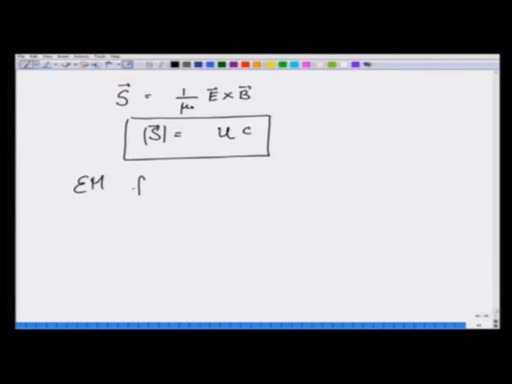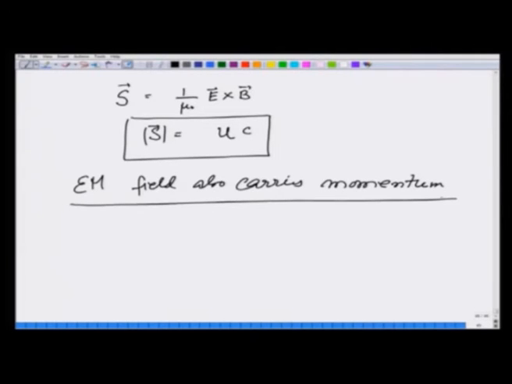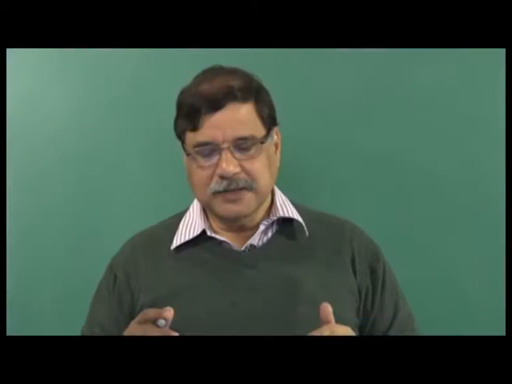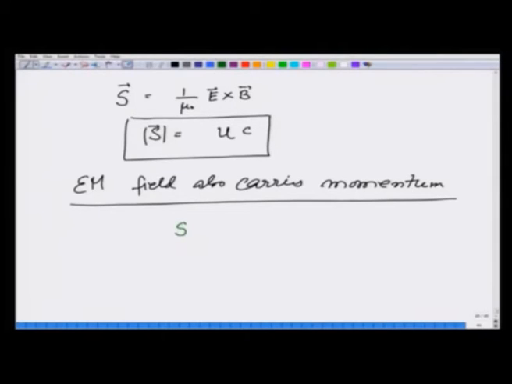EM field also carries momentum, and this can also be derived exactly in the same manner as we derived the Poynting vector, except that the derivation is a little more complicated and slightly beyond the level of this course. So, I will just state in a dimensional way that this S, which is nothing but energy flow per unit